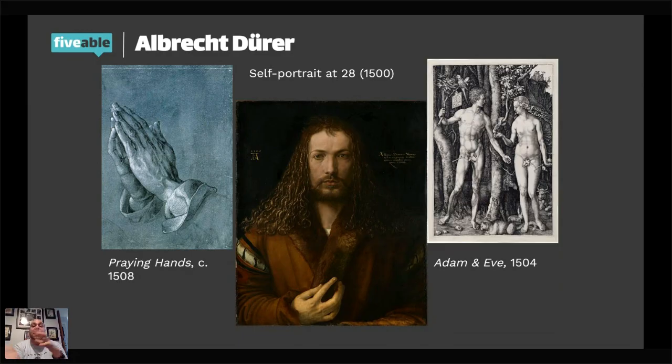And this ties into Northern Renaissance ideals of Christian humanism, right? We're making ourselves better, but we're making ourselves better through Christ. We're showing how great we are and how perfect we can be, but showing that through Christ and through the Christian church. Albrecht Dürer was probably one of the most well-known portraitists of this time because he painted himself so much.